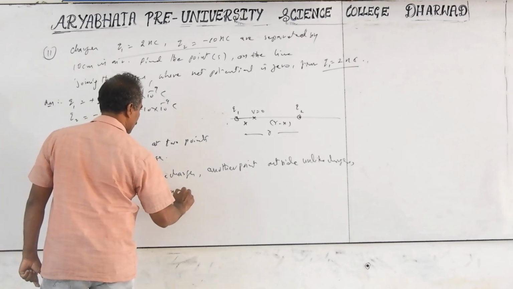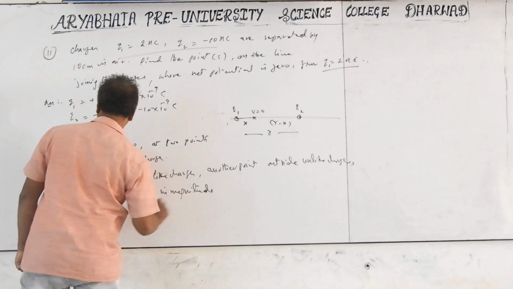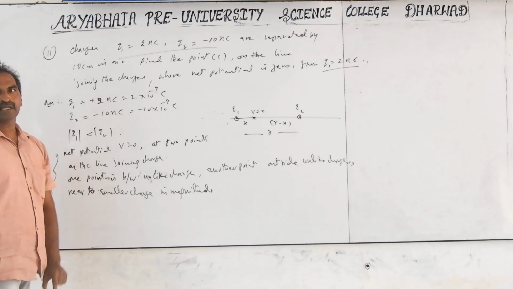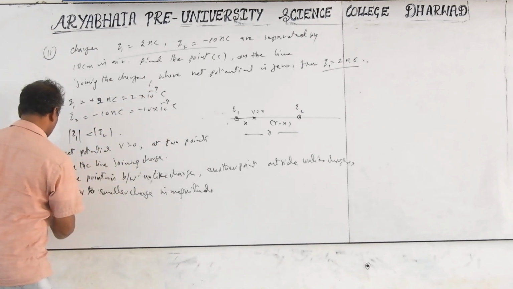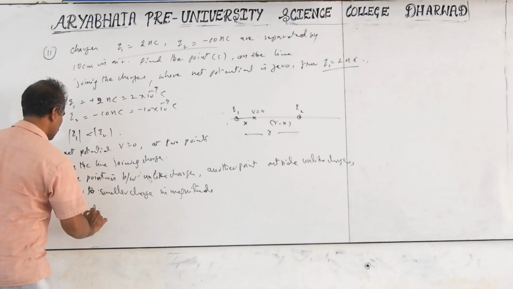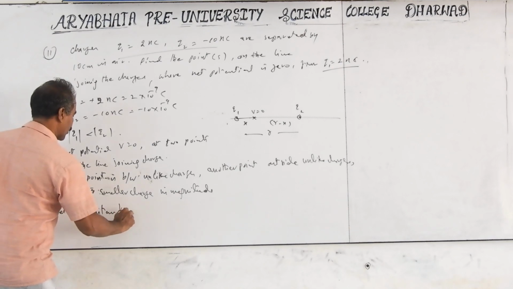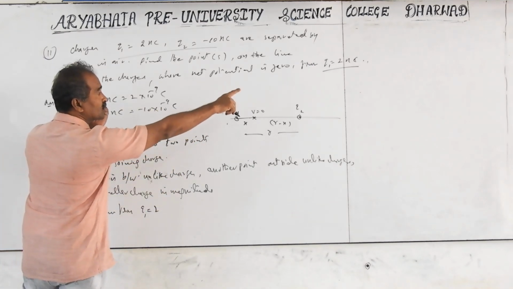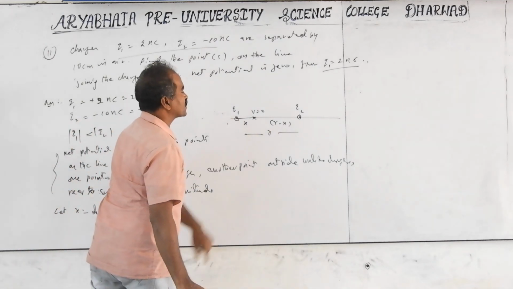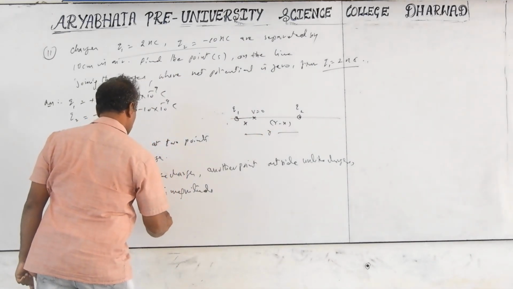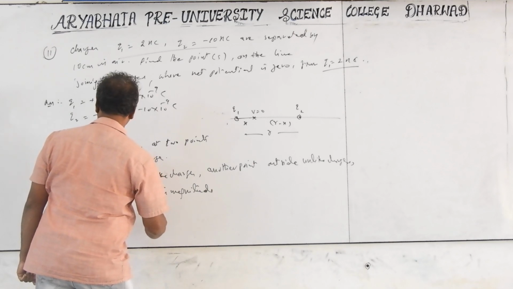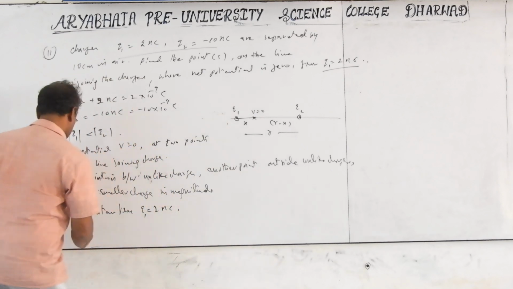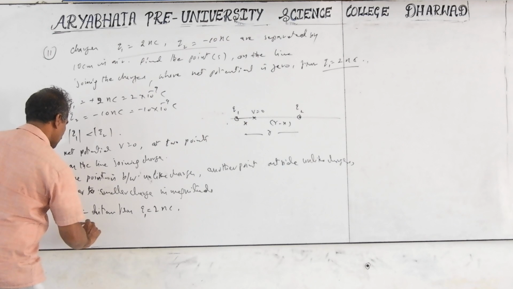This part is not compulsory to mention, but here I am writing it; in the exam you don't have to write the explanation, directly go for the distances. Let me take x. x is the distance from Q1, equal to 2 nanometers. Whatever they ask, that is the distance you take. If they ask from Q2, directly go for Q2 as x. The other distance becomes r minus x. R is 10 centimeters.